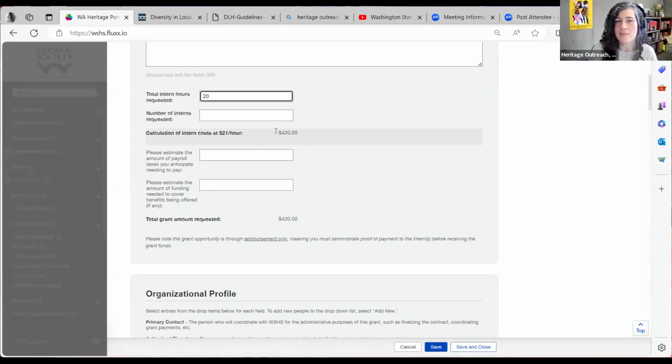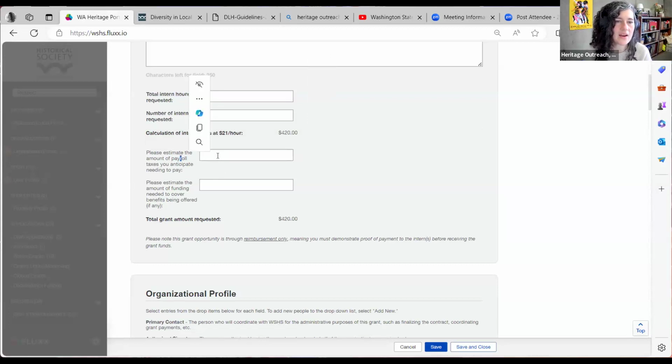You can see it automatically generated this $420. But if I'm saying, well, we want to have 2 interns, oh, it doesn't look like it's calculating yet, but it should calculate times 2. Okay, got it. Just total amount of hours is what you'll see calculated.